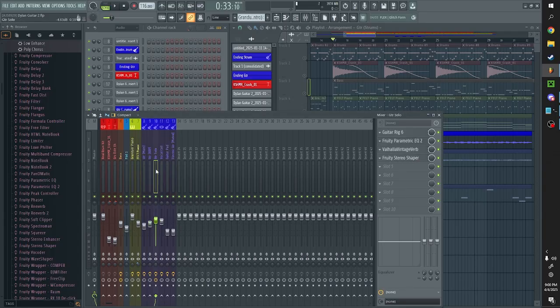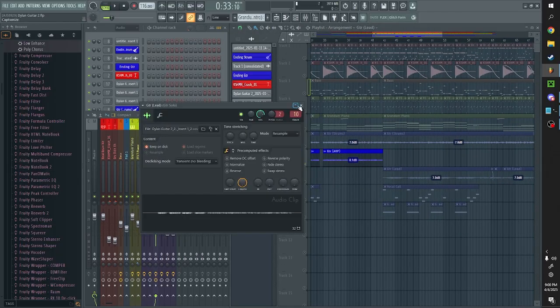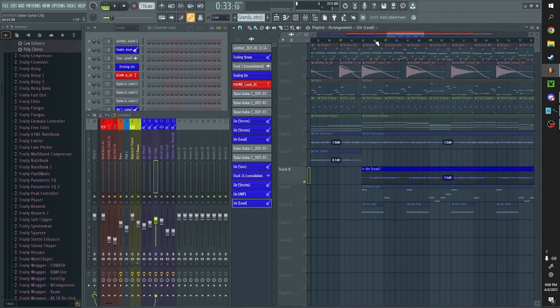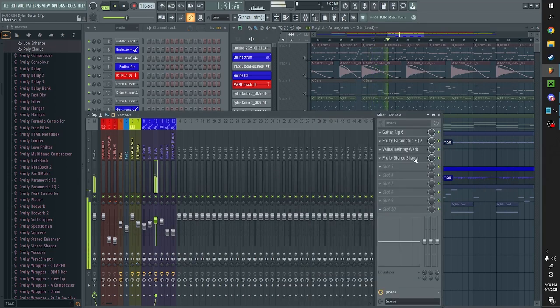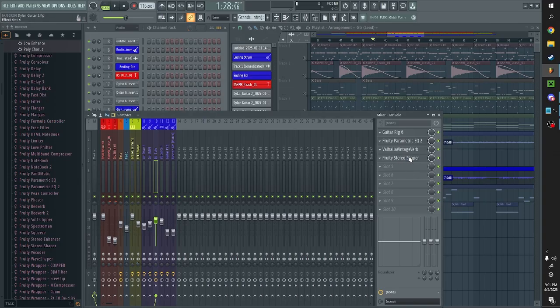Stereo shaping is debatable. It just depends on if you think you're going to be able to get away with it being used correctly. This is stereoized. It's a very subtle thing. The concern here is phase. If they put another stereo plugin on here, if they route it to a chorus, or they do some other stereo widening effect to it, and it doesn't agree with the stereo widener that I've put on it, we might have a problem. So if you think a phase issue is going to happen, or something weird might occur,